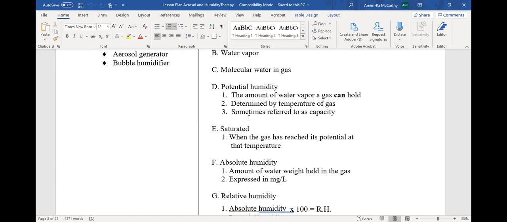So if I said the gas outside has the potential to hold 44 milligrams of water at body temperature, okay? At regular body temperature, gas has the ability or potential to hold 44 milligrams of water. Body temperature is what in Celsius? Normal body temperature in Celsius is